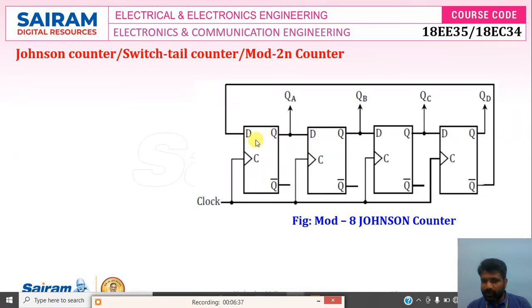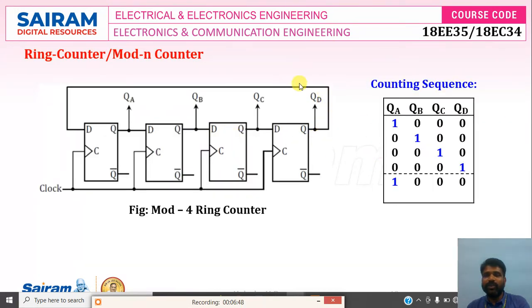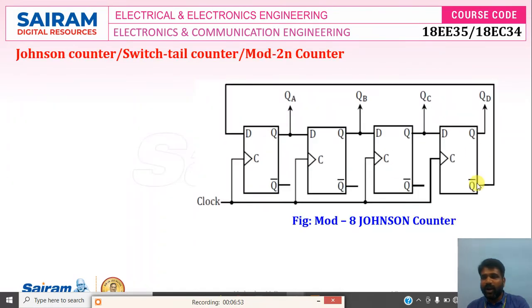Compared to the previous one, the connection is the same except that to the leftmost flip-flop, the complemented output of the rightmost flip-flop is connected as input. In the previous one, the uncomplemented output of the rightmost was connected to the input of the leftmost. Input to the next is derived from the previous. Only this is the change. So when you make these small changes, it becomes a mod 8 counter. That is why in general it is a mod 2n counter.